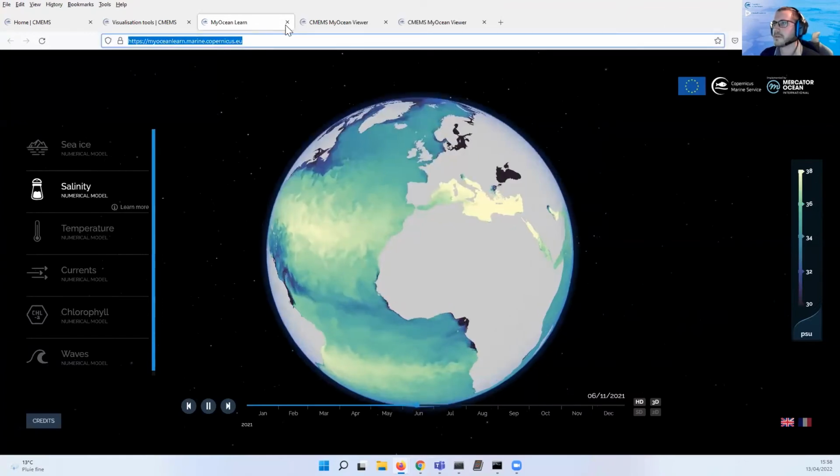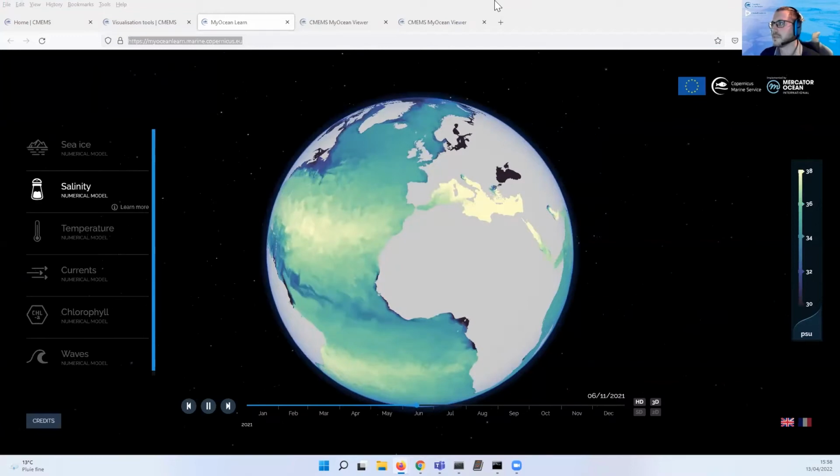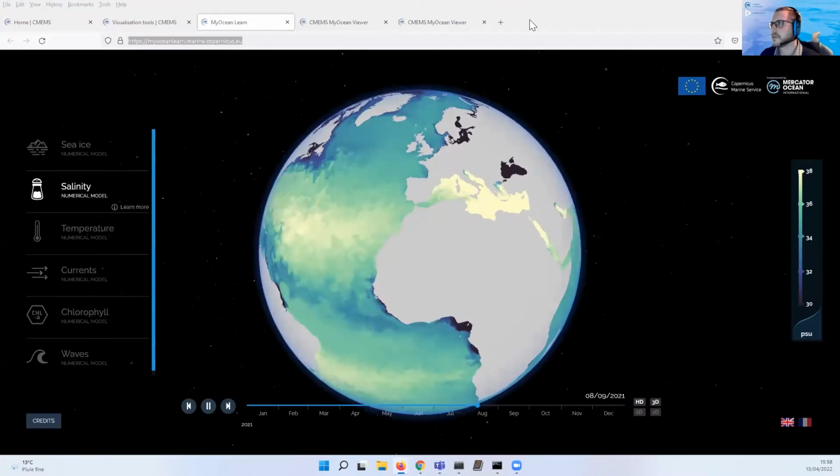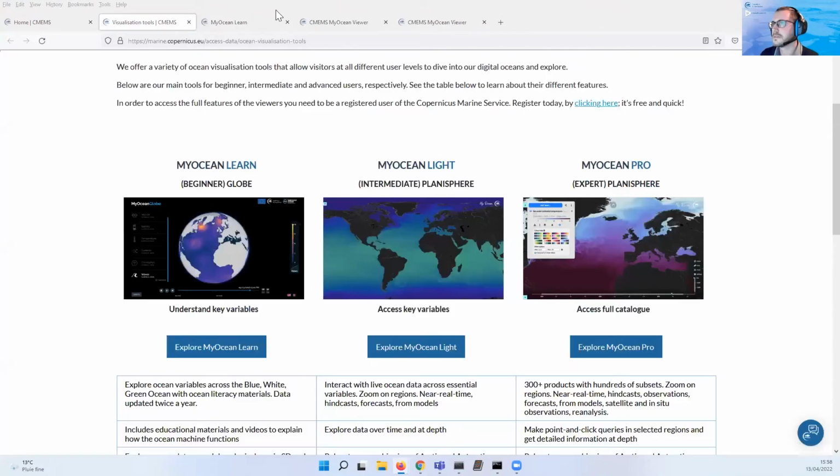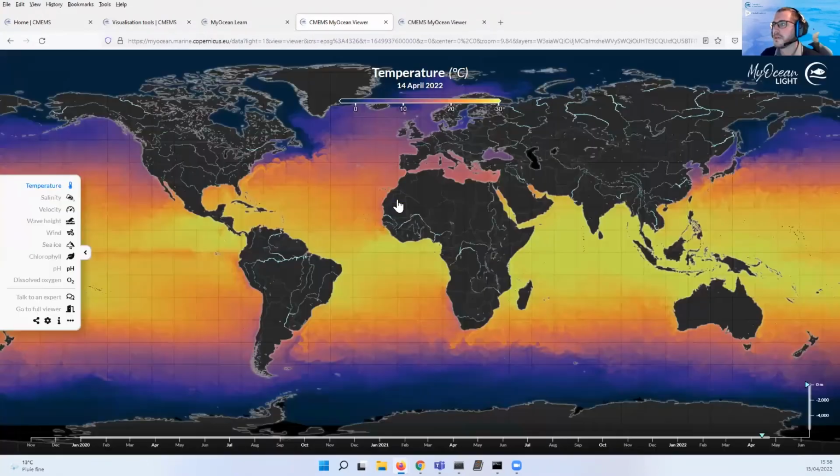Now, oh, sorry, I see the zoom bar. How can I? Okay, it's okay. Now, if I open MyOcean Lights, we will reach this page where the global temperature is displayed